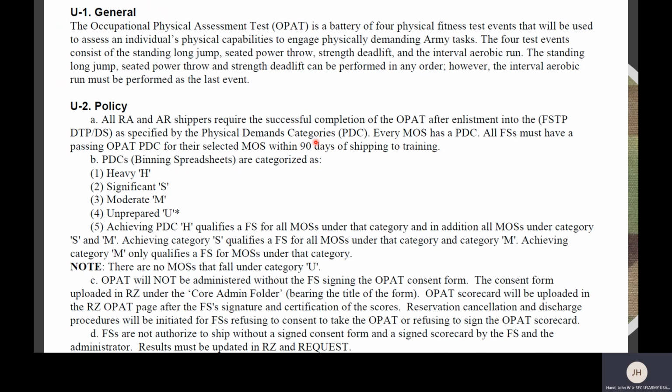OPAT, being able to discuss the requirements to complete an OPAT. So know the OPAT, know when it needs to be completed, whether it needs to be completed within 90 days of shipping or just every 90 days. So it says right here, 90 days of shipping to training. Know what their MOS requires. So if they're 25 Uniform, they require a moderate OPAT. Know what happens if they're unprepared. And these are all things that the future soldier could ask during the future soldier orientation. Know if they're shipped